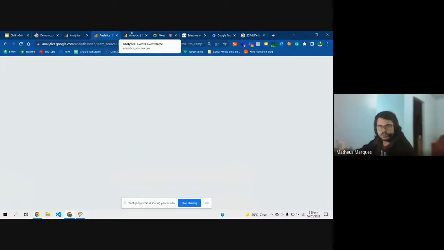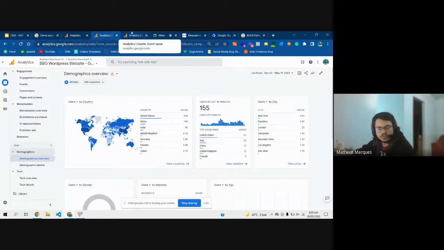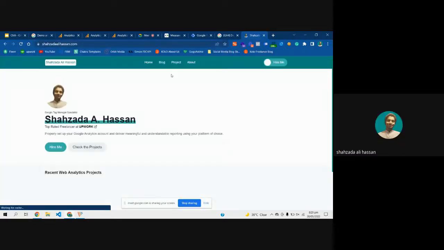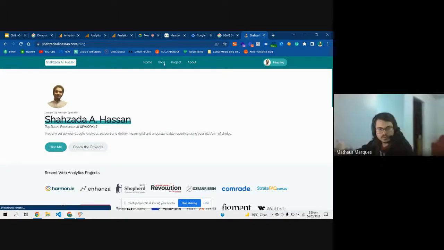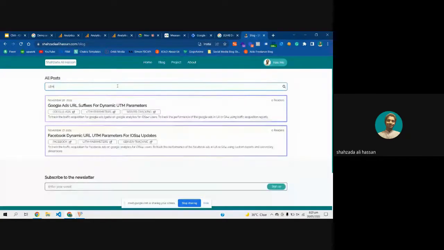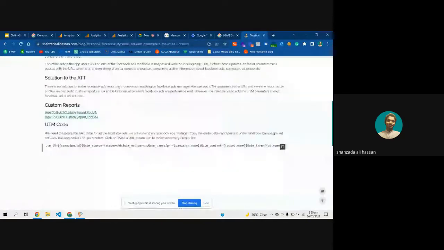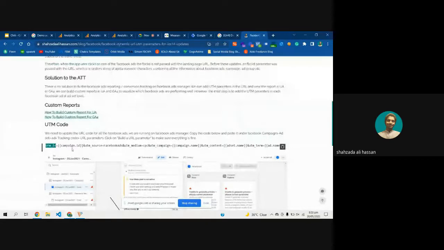When it comes to campaign URLs, which are the main UTM keys that you use, for example, we use here the basic UTM source, medium, and then UTM campaign. Is there any other UTM that you would recommend us to use? Yes, you should always use all the five, because these are the five which automatically map. I use UTM source, campaign, term, and the other ones too, I think the content one. So when traffic is coming from Facebook, this is the URL that I use. In GA4, we have an additional one called UTM underscore ID, and then UTM source, UTM medium, UTM campaign, UTM content, and UTM term. Previously, Google Analytics 4 had not enabled UTM terms and content. However, yesterday when I was testing, I saw that UTM content and term were also working. So I think right now all six UTMs are working fine in GA4, and these are the five that I use. I will send you a link of